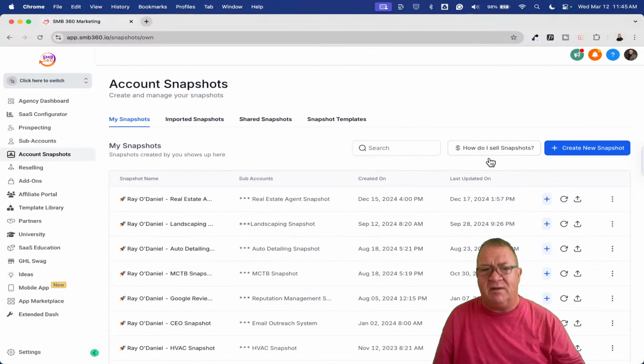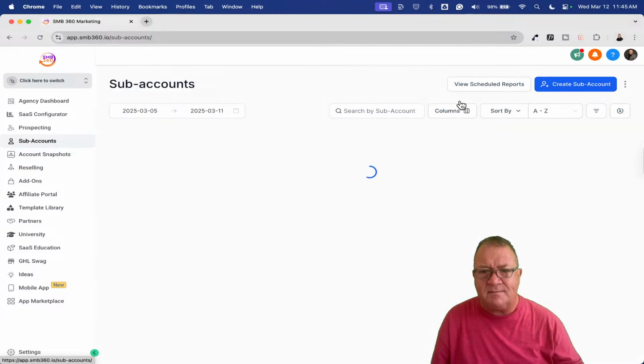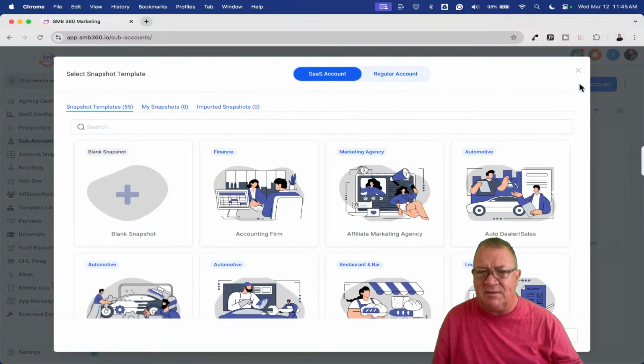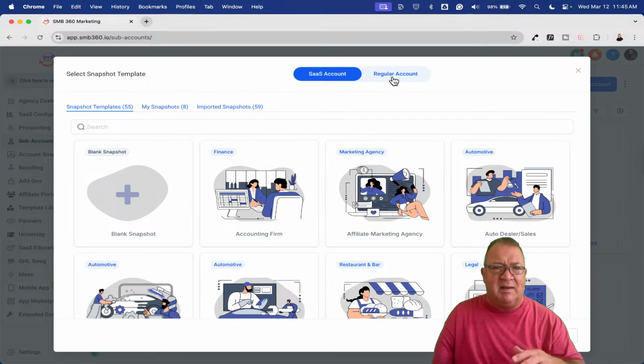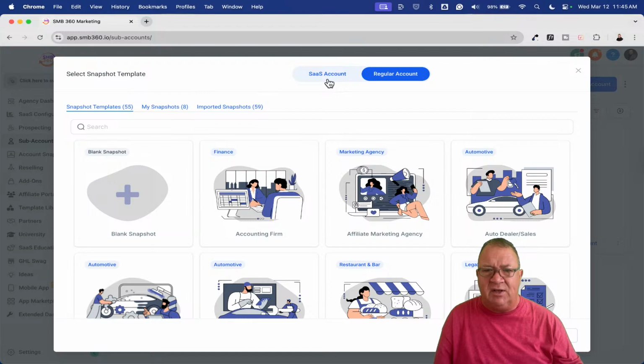I'm not going to deal with it on this call, but I also want to sit back and go over sub-accounts. So if you're creating a new sub-account, then right now this screen typically comes up. You can choose a SaaS account or a regular account. And again, sometimes people have questions over that, and it's just like, if this is your own company and your own business and you just want to create a regular account with it,